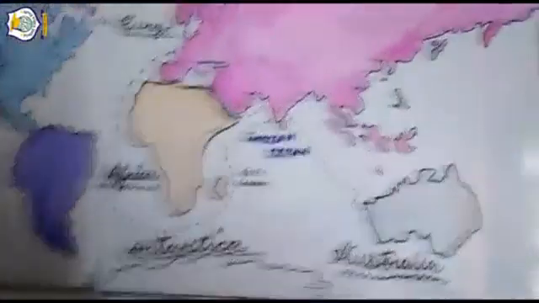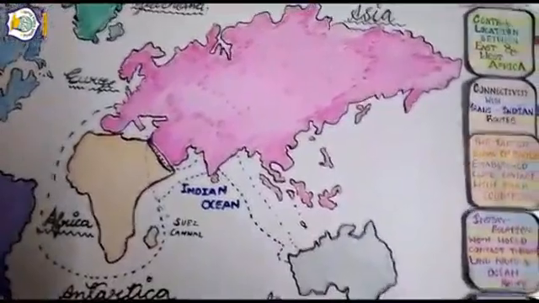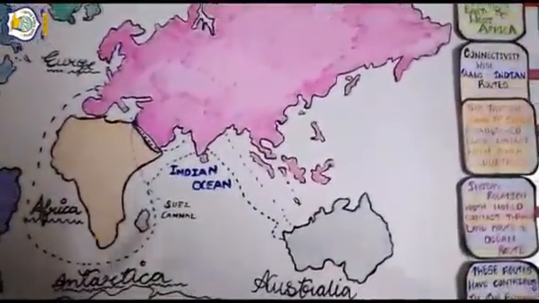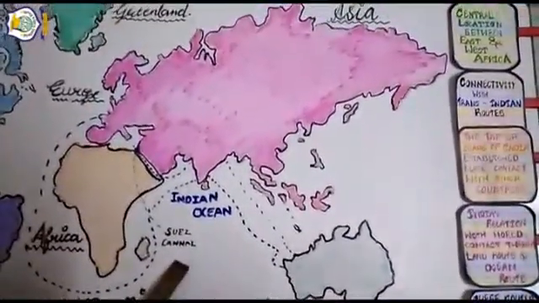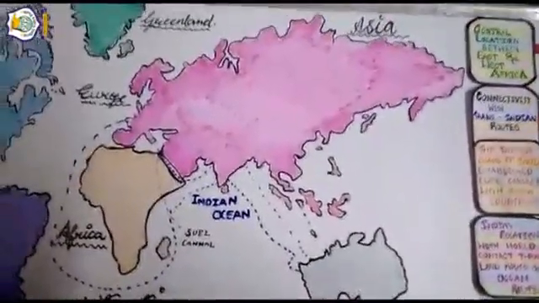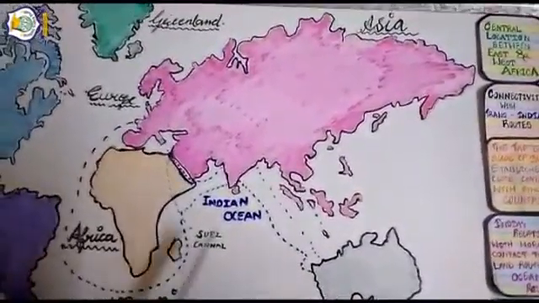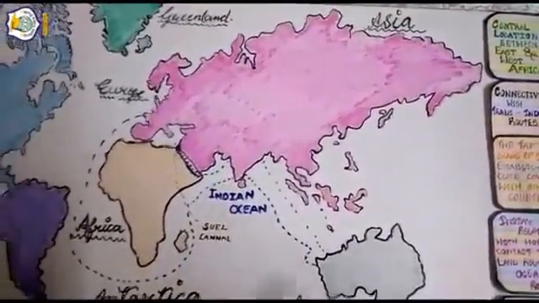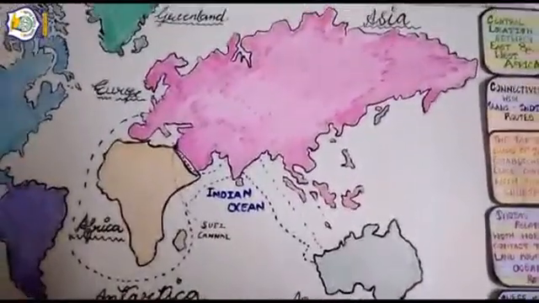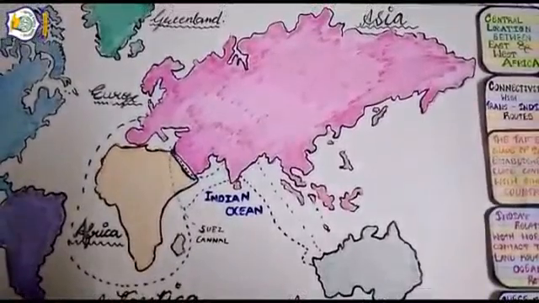Mainly the importance of the Suez Canal is for one reason, that it is the shortest trade link between Europe and countries on the Indian and Pacific Ocean. The Suez Canal greatly reduced the time and cost of transporting goods. Earlier, Indian and Asian countries used a long route to do trade with Europe.